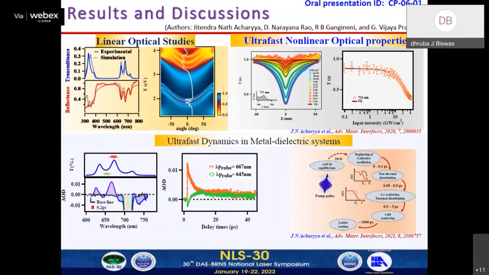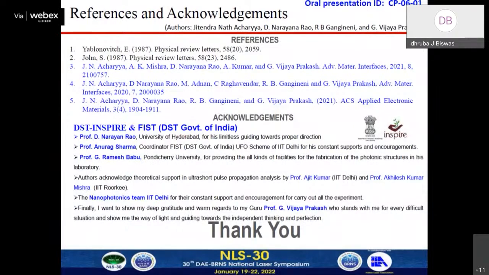And this is the ultrafast dynamics, where we can monitor electron-phonon interaction in this metal-dielectric system, and we can utilize this for femtosecond high laser power applications. And also we observe femtosecond supercontinuum generation by pumping with this 800 nanometer pulse, and we can get a broadband supercontinuum generation. So this is a stable supercontinuum source and also a stable solid state nonlinear media. Next slide, please. Thank you. These are the references and these are the acknowledgements.